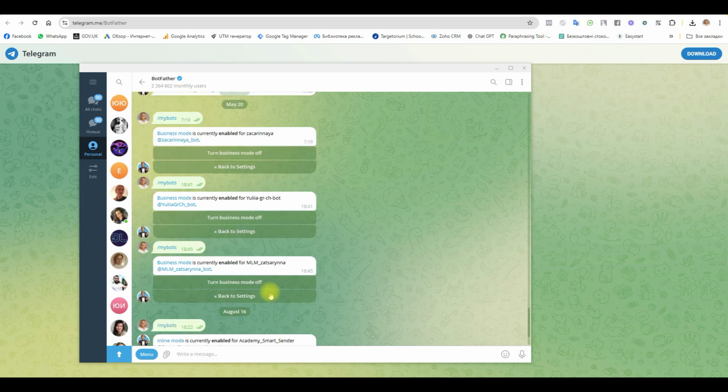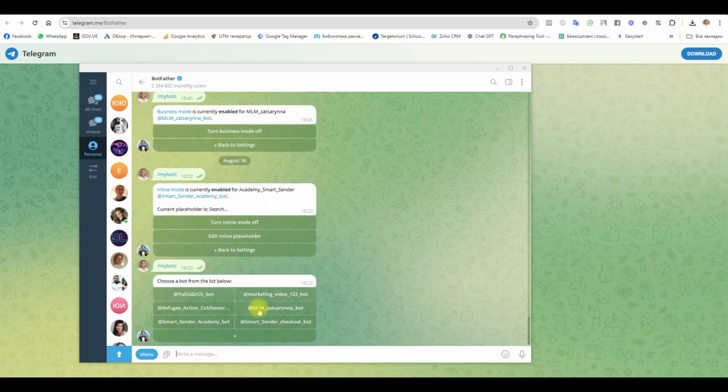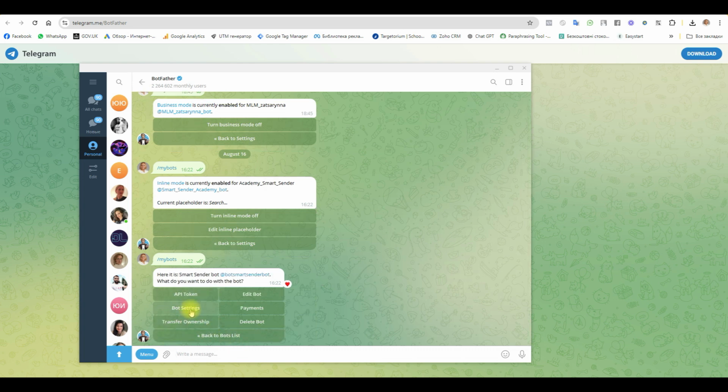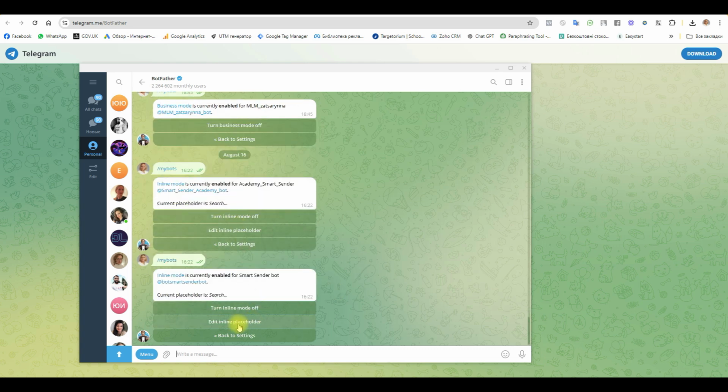For example, if I choose my bot, which is working now, edit your bot, and this is one. Go to settings and inline mode. It's now working. I did this previously. Okay guys, in addition to the fact that we have enabled the ability to search, we